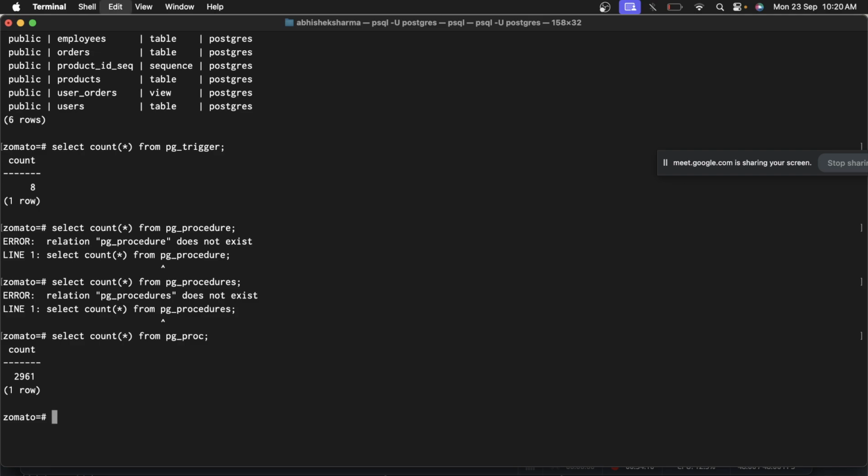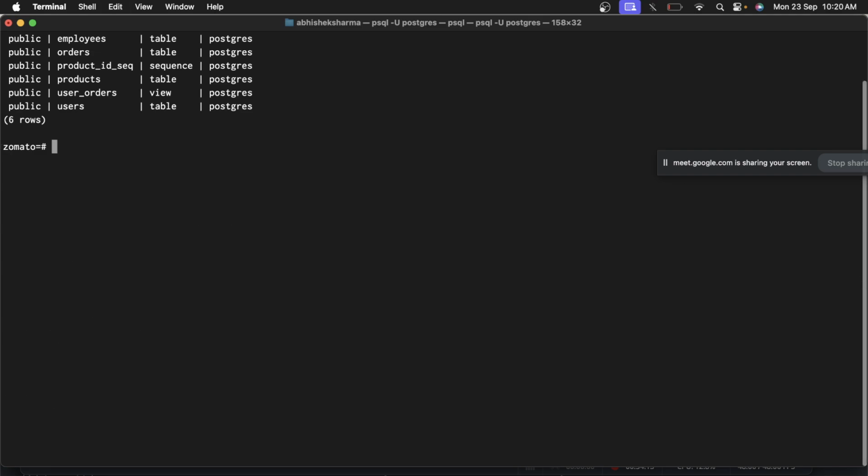But we are not going to dive deep into this, because these things are not used these days. We don't create methods, it's not common to use procedures or methods right now. Triggers internally get used in the indexes, but nothing else. Okay. So now we have seen how, if we want to know about a particular index or